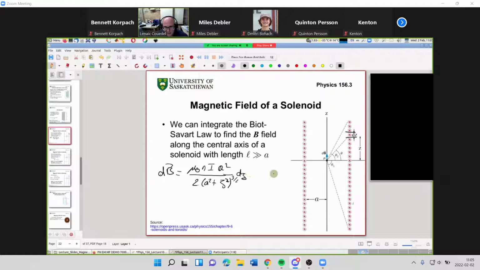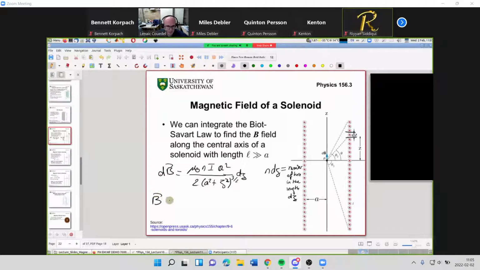So n dz is equal to the number of turns in the length dz. And my total magnetic field B will be the integral over the length of the solenoid